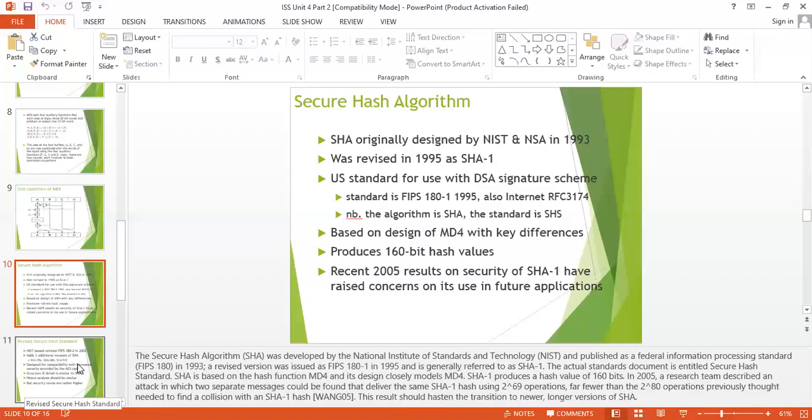In 2005, a research team described an attack in which two separate messages could be found that deliver the same SHA-1 hash using 2 to the power 69 operations, far fewer than the 2 to the power 80 operations previously thought needed to find a collision with SHA-1. This result should hasten the transition to newer, longer versions of SHA. So this is the basic secure hash algorithm.